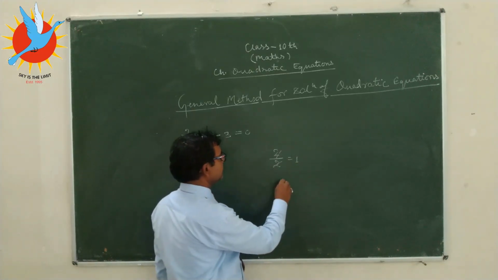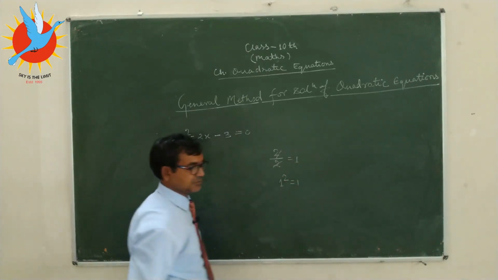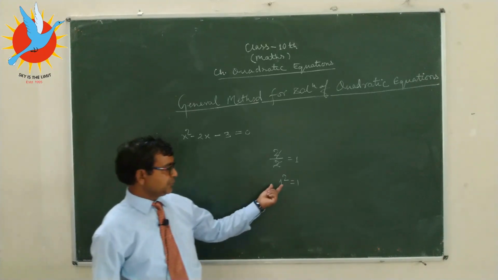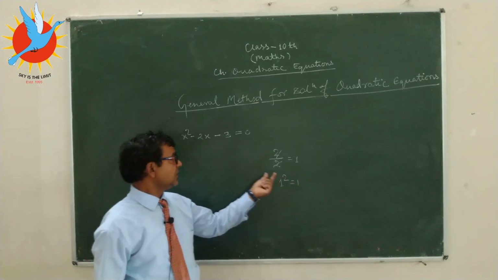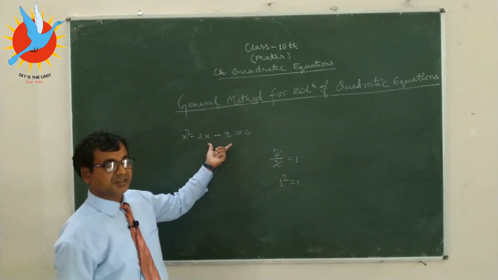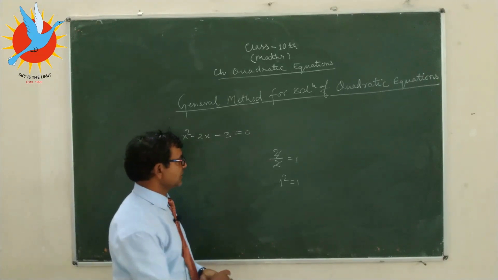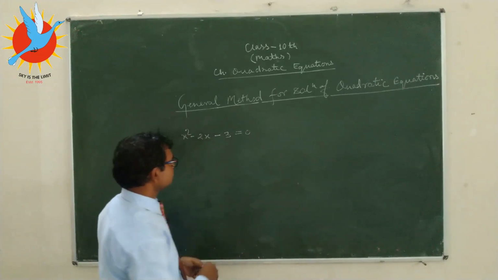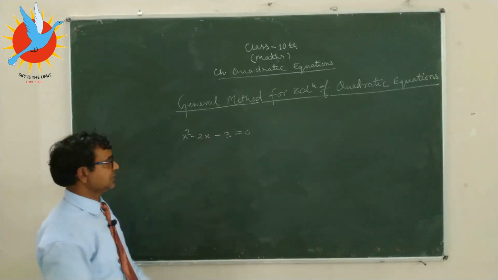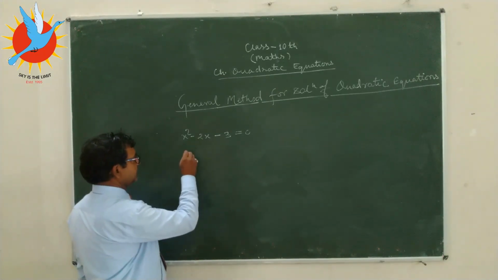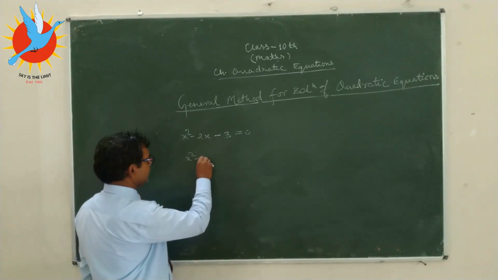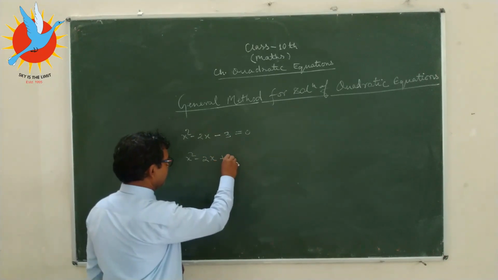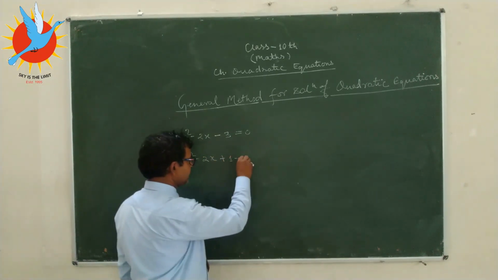If you square 1, you will have 1. Now if you add 1 and subtract 1, this will be converted into a whole square form. Now add 1 and subtract 1,